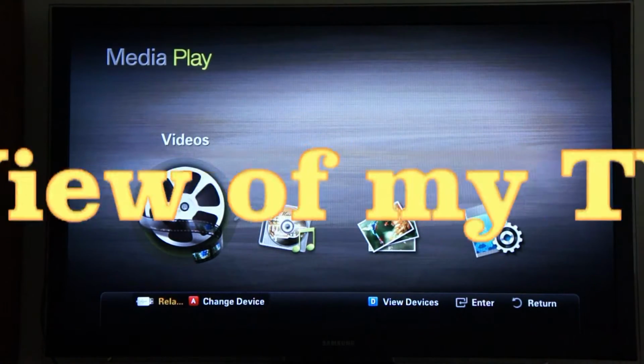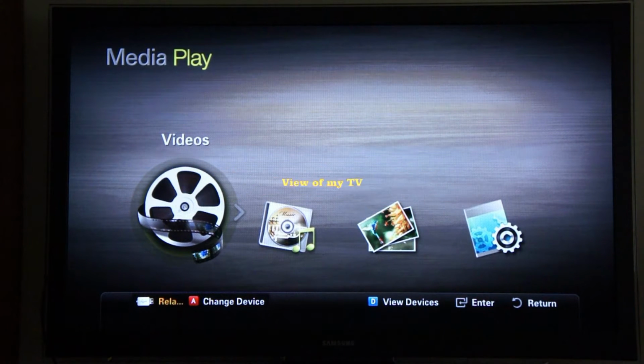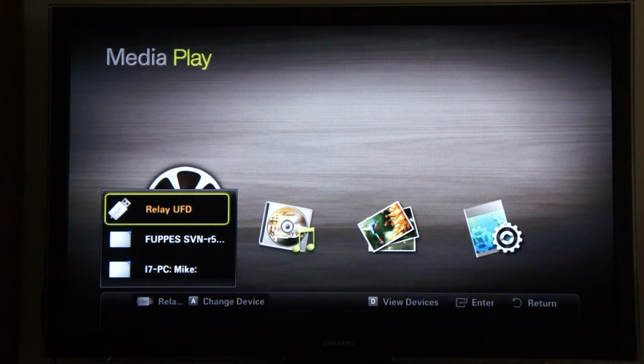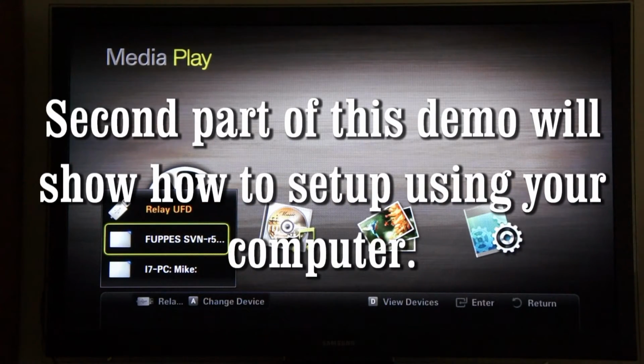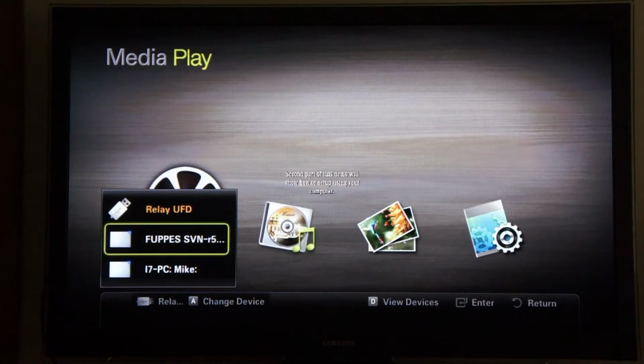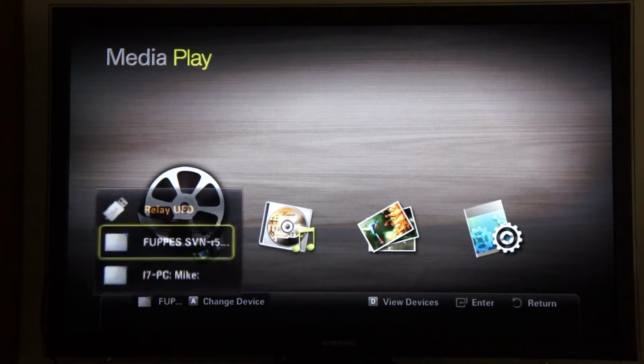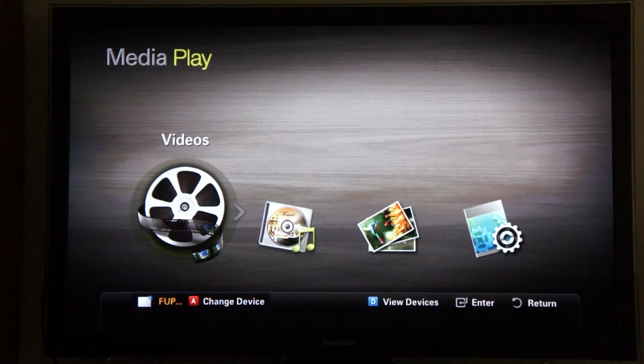Okay, this is a little demo of the DLNA using the Drobo FS as a server. First, I have to make sure it's on. On the right, it's on the Drobo. That's the Drobo app program. The other one is just a USB connector that's connected to my TV, and the last one is my PC, which also has a server. But having it on the Drobo is so much more convenient. So it's on there. And then we want a video,